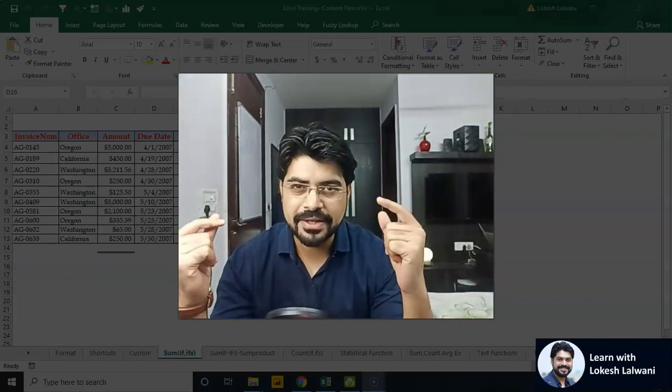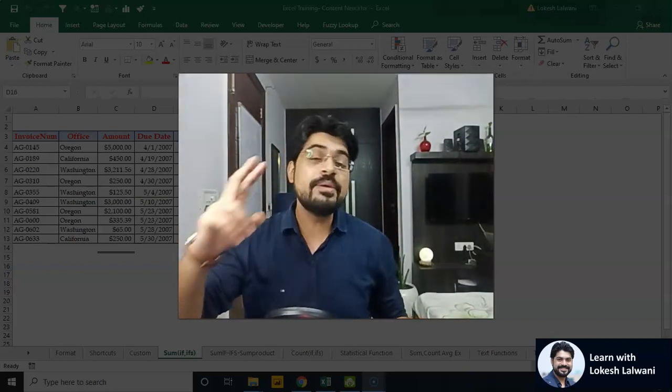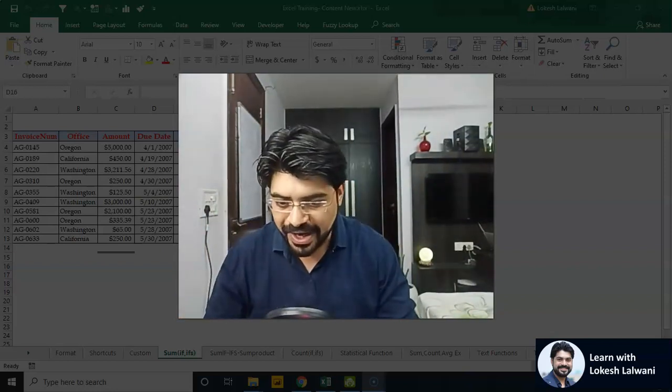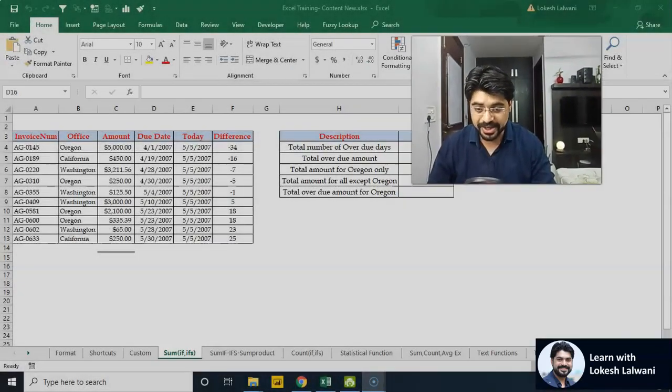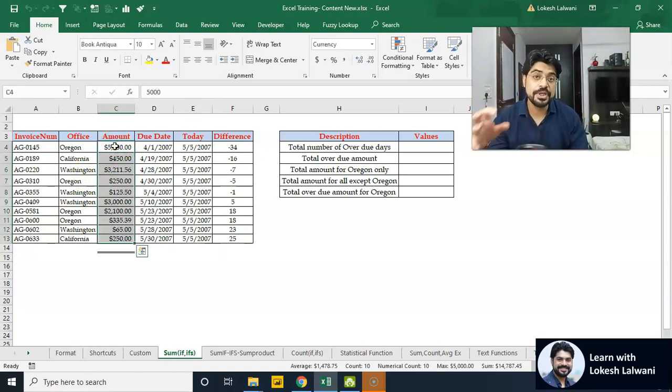So let's understand how we can actually write a function, because there are two important logics that we need to understand. Let's head over to the laptop and see how we can do it. We need not talk about the data as such. Let's talk about how to write a function. Here we have some values in the amount column, and we need to do a sum.